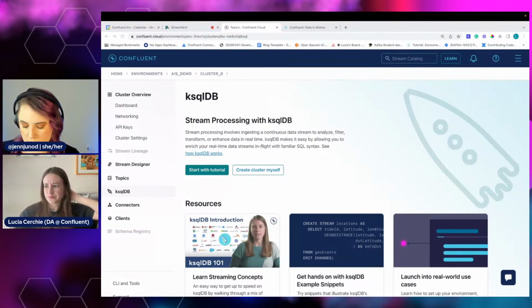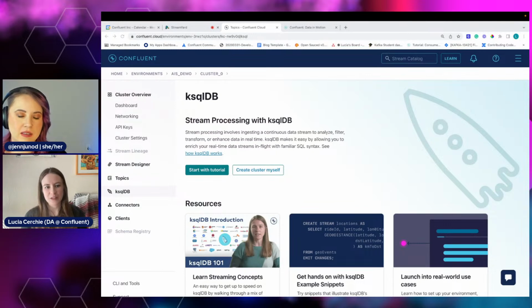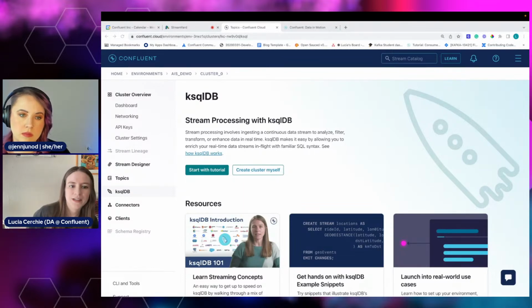And I'll back up a second too, because what underlies ksqlDB is a library called Kafka Streams. You can implement your own solution yourself with Java and filter streams of data that way. Or you can use ksqlDB, which uses SQL-like syntax, and then you can start creating streams and filtering your data using SQL-like syntax. So that's what we're going to do today.